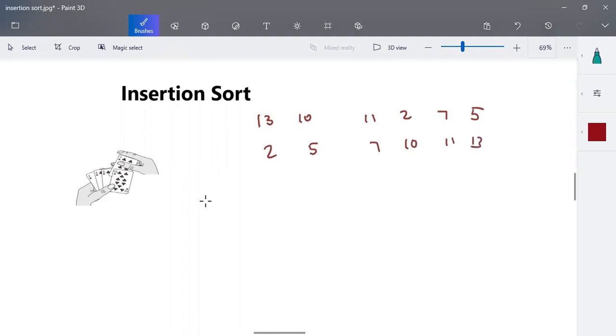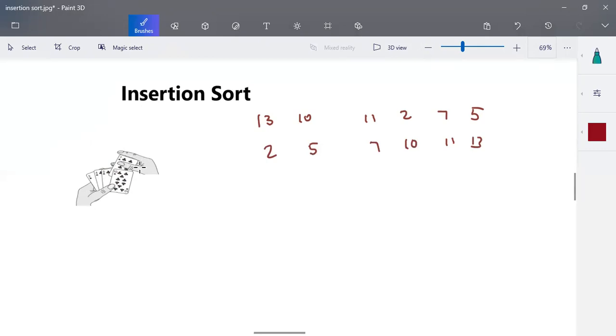There are many techniques available for sorting, and in this video we are going to discuss insertion sort. Insertion sort works similar to a card game. We usually hold cards that are arranged in an order. Here they have the cards 2, 4, 5, and 10, arranged in an order.